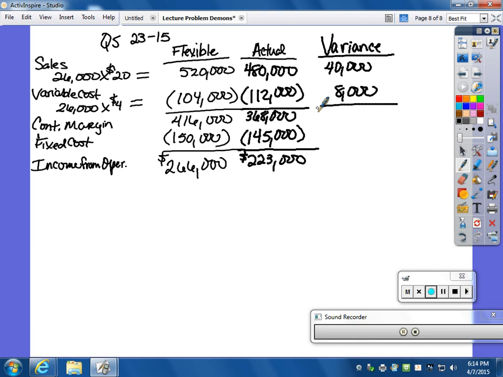48,000. What about for fixed costs? 5,000. Fixed costs, 5,000, which means that the income from operations variance is